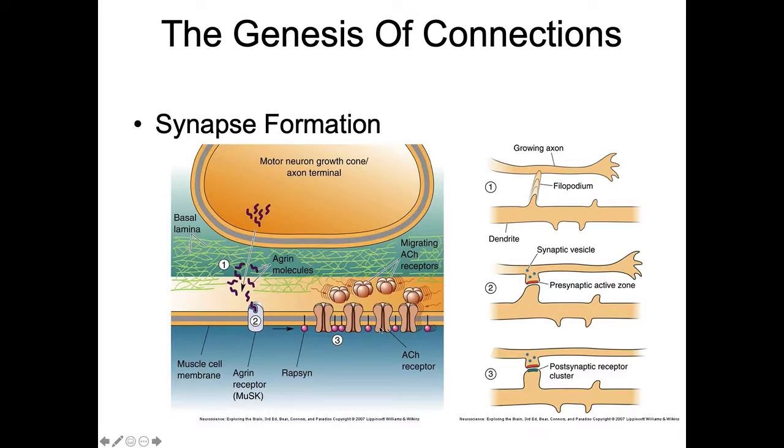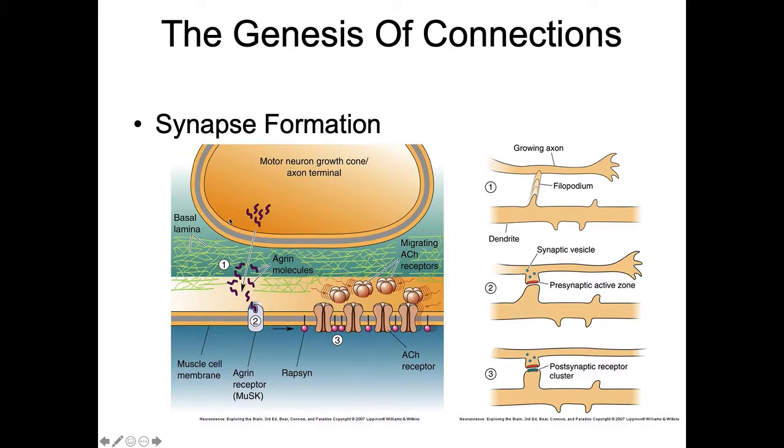So you may remember from other classes that the acetylcholine receptor that's present in the neuromuscular junction is critical for being able to pass information from the motor neuron onto and depolarizing the muscle cell itself. So acetylcholine is released from the motor neuron and then binds to these nicotinic acetylcholine receptors that ultimately allow sodium to come in. Well, in order to set all that up, you have to have this kind of a process